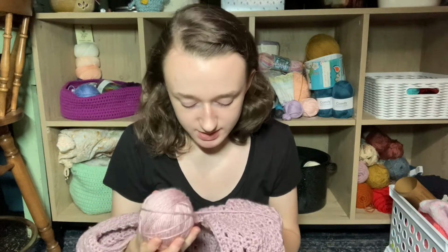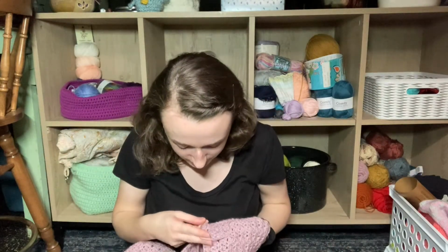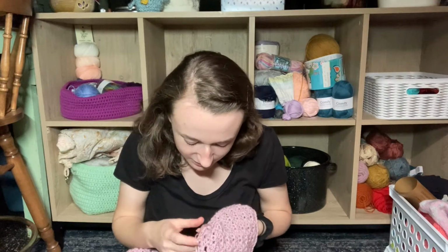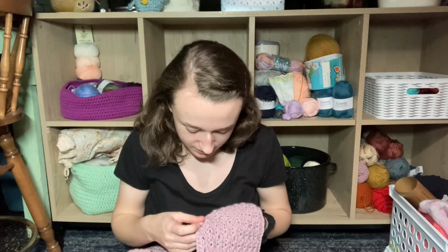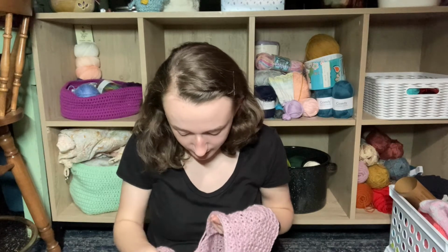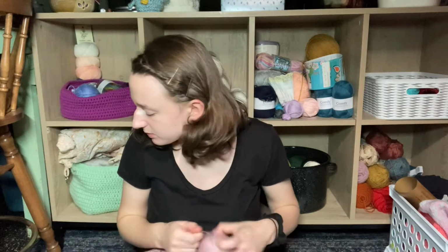And I think this is the same. It looks the same, kind of. It's a different shade, but I don't know if that's the dye lot. So yeah, I should probably just wait until I can buy more. I don't know what else this would be. I also have,